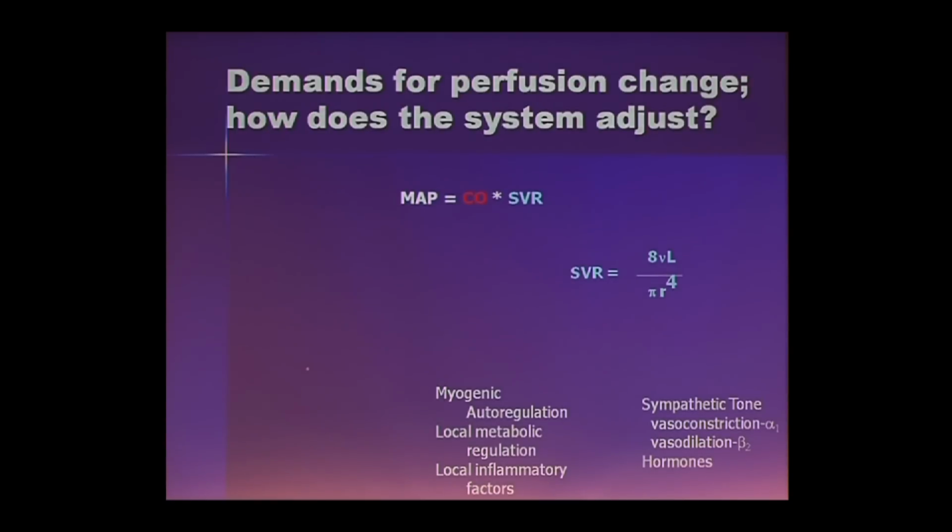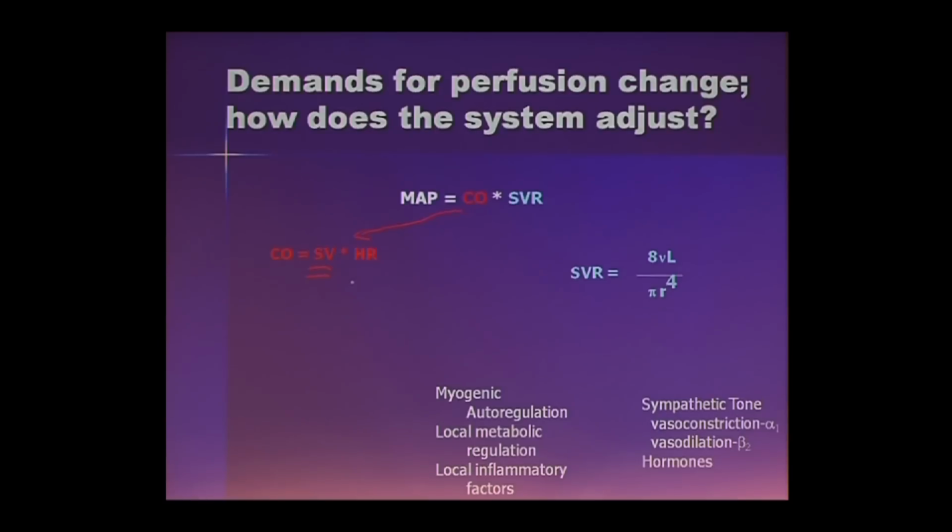We didn't talk about cardiac output. How is cardiac output regulated? Well, cardiac output is the product of stroke volume, which is the volume of blood that the heart pumps in a single cardiac cycle. When it squeezes once, it pumps a certain amount of blood. That blood that gets into our aorta is called stroke volume. If you multiply it by heart rate, you get cardiac output. Volume per unit of time.